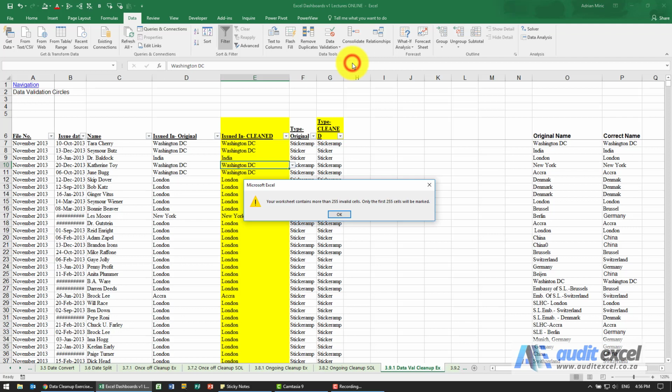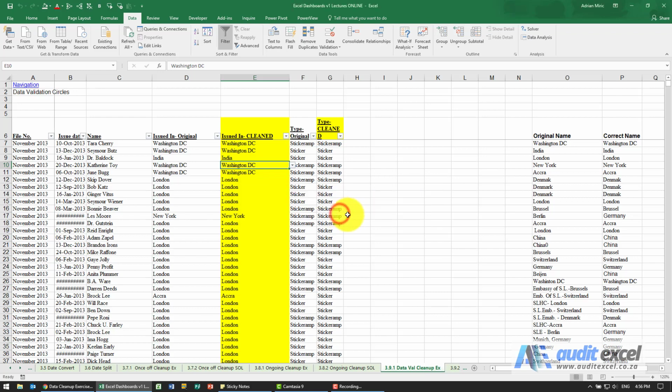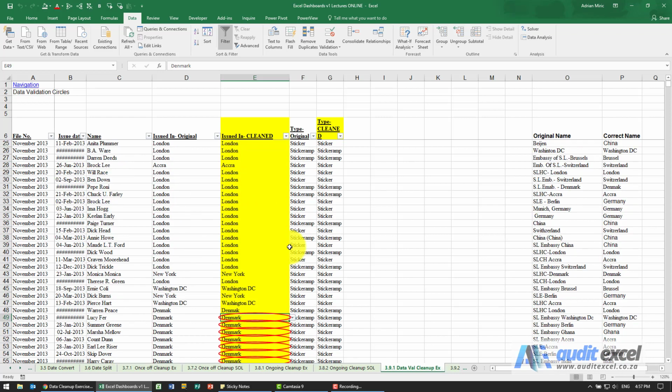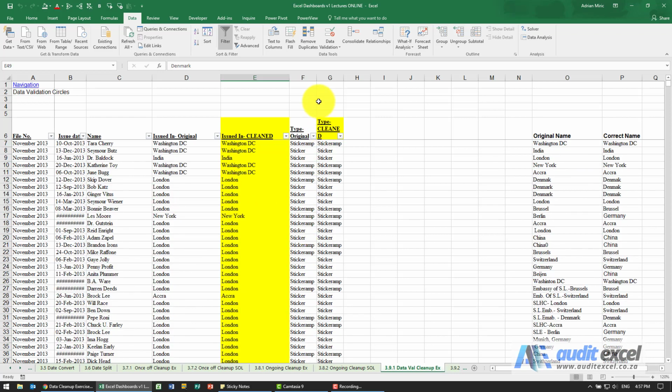When I click on it, firstly it warns me there's too many for now, so it only does a few of them. But if you scroll down, you'll see them highlighted. And if you're going to use this technique, then you need to go to all the ones that are highlighted and change them to the correct one, and then you can switch them on again to see what's still invalid. Very useful if you have drop down lists and you worry that people have somehow made mistakes, you can quickly check where the mistakes are.